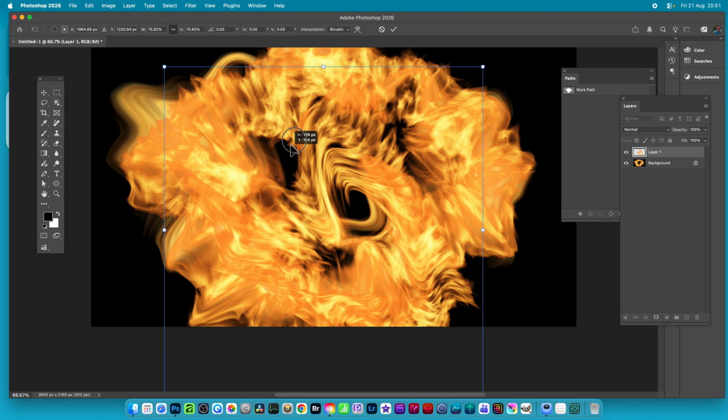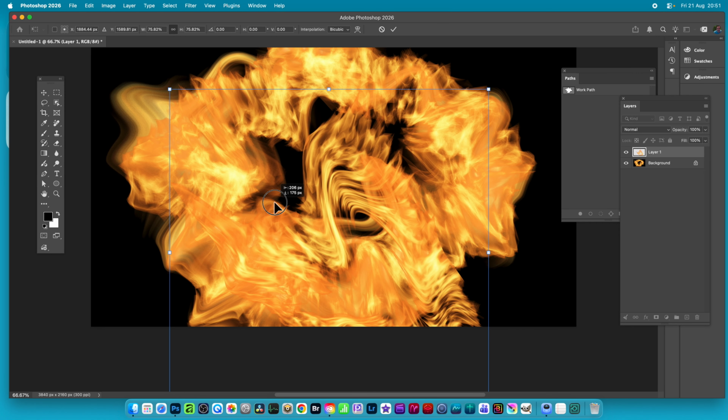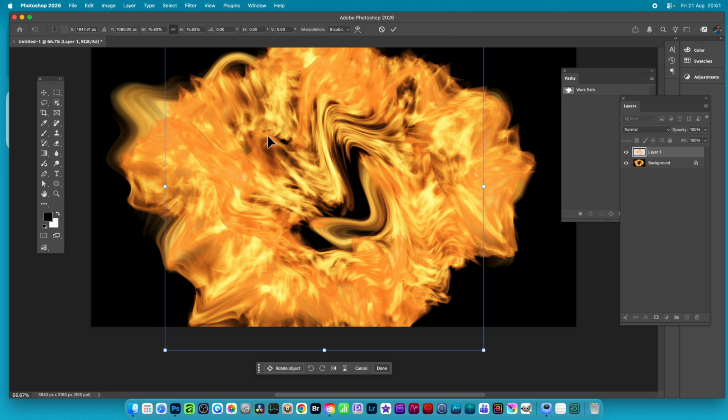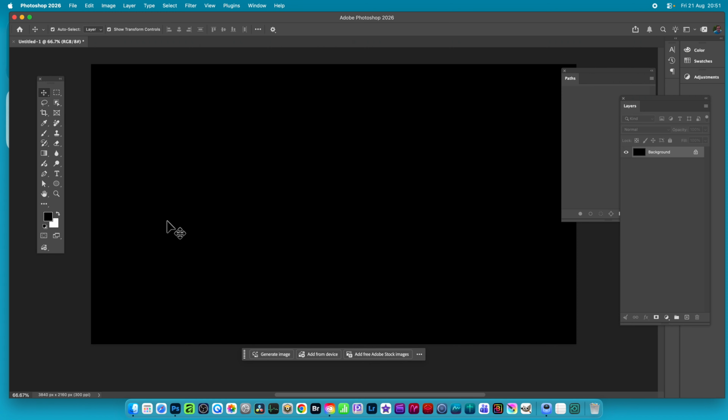All kinds of flame effects can be created in Photoshop. There's a super powerful filter that can be used to create flames, and of course you can then manipulate the flames as well. So let's just go through that. The key thing for this is that you need a work path, and you can create work paths in numerous